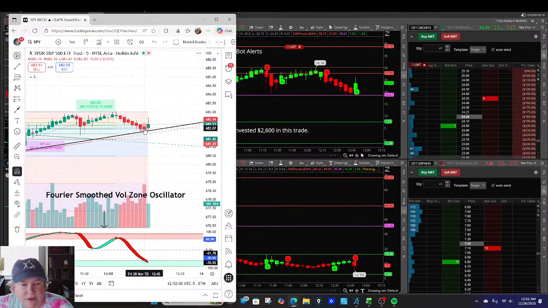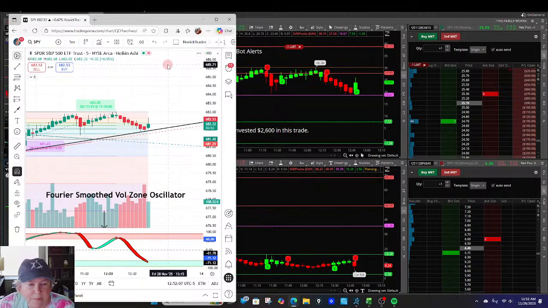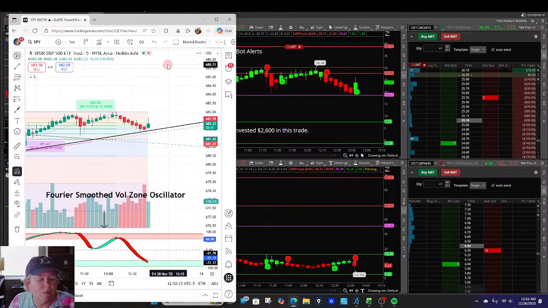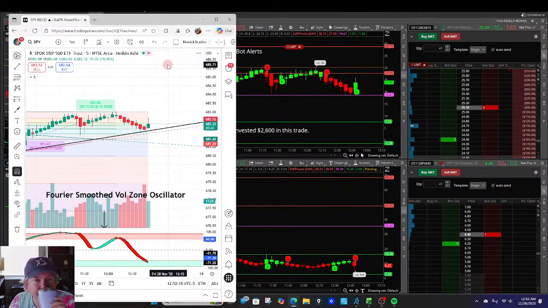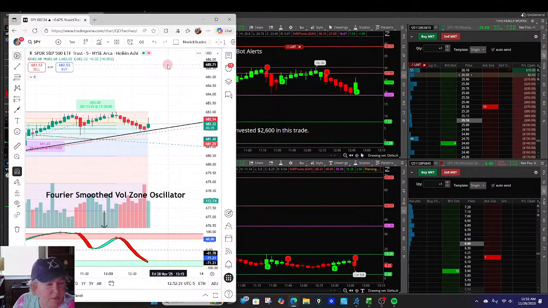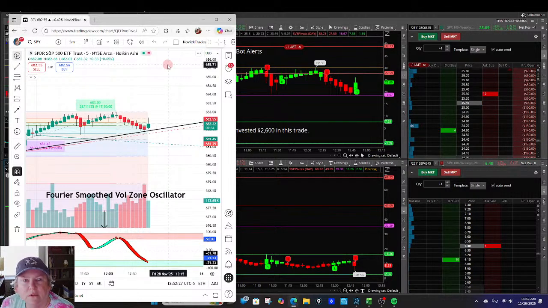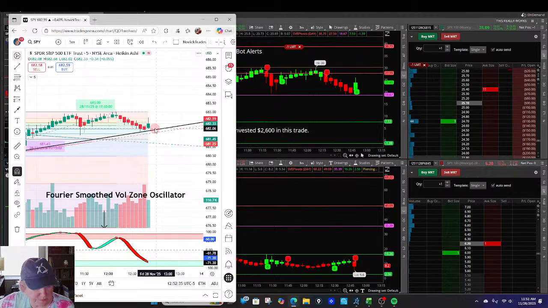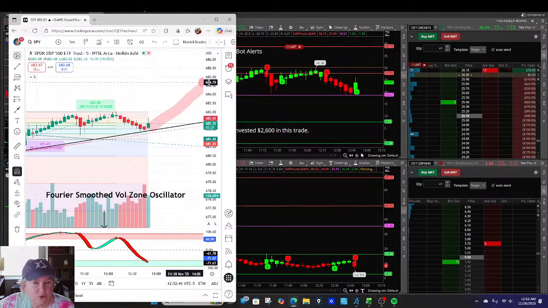So right now we're bouncing off this. I moved the trend line down a little bit. We're bouncing off of it, heading upward. Right now I'm at -100. I think this is just going to hit here and